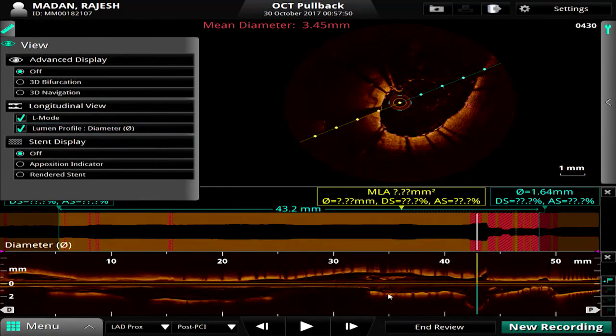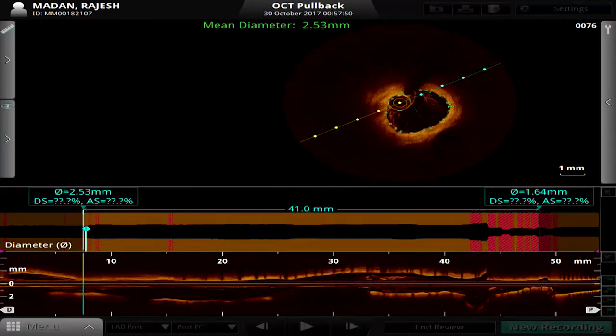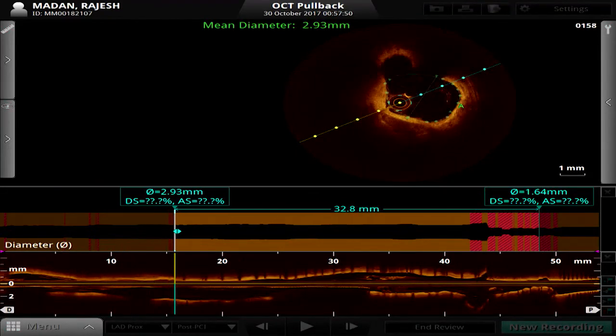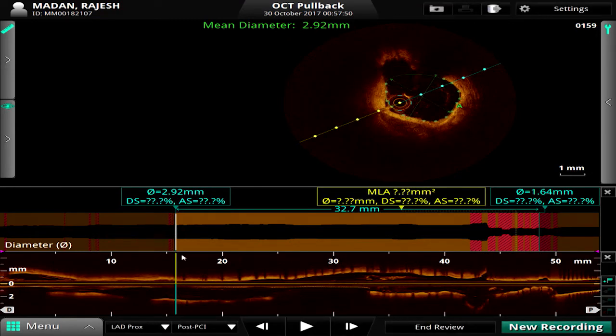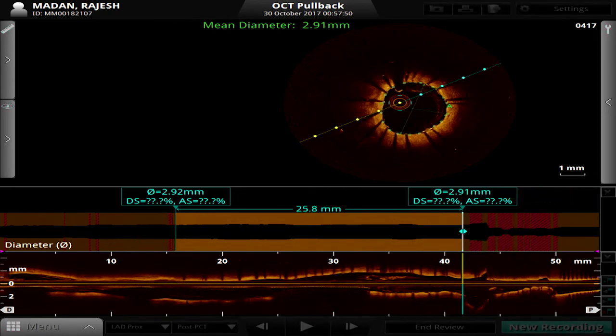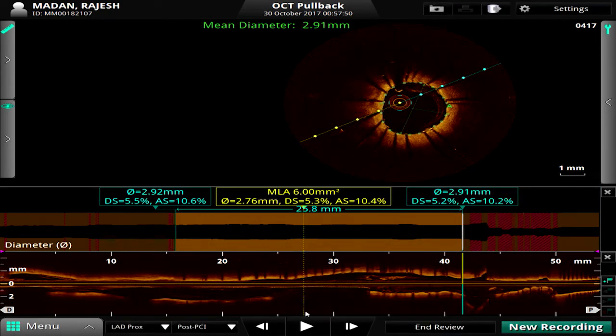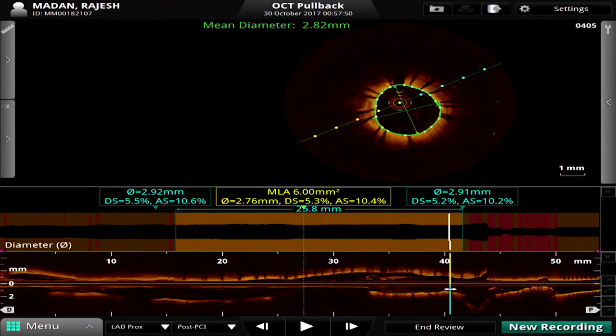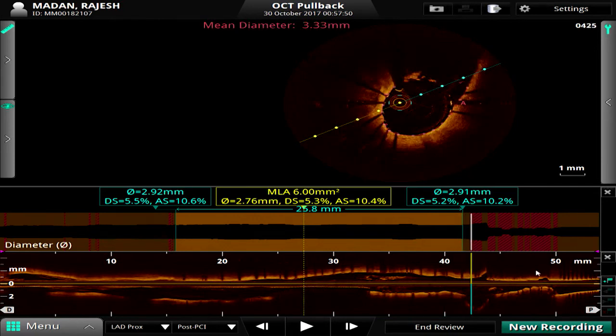In the longitudinal view, it seems that there is some narrowing in the left main ostium. Yeah, yeah. So this is the distal part of the stent, and we come to the ostial LAD, and the minimal lumen area in this part is 6 millimeter square, and looks reasonably okay. Anyway, we are going to do further optimization with a 3.5 balloon, and unfortunately, we don't